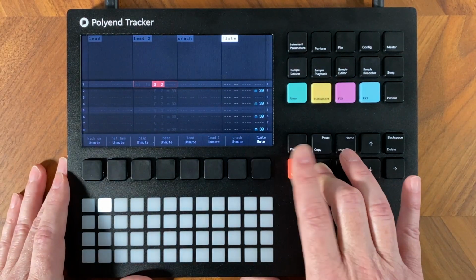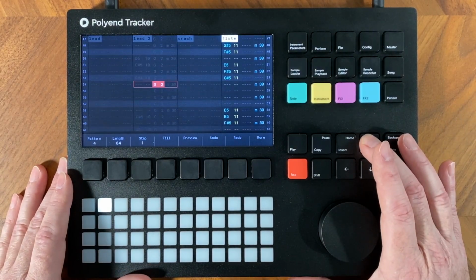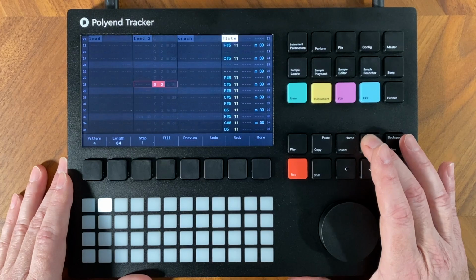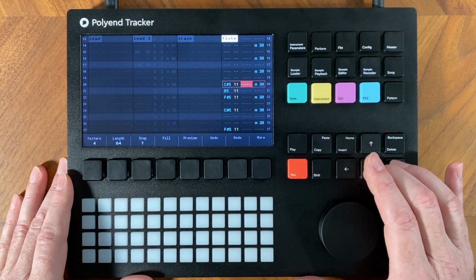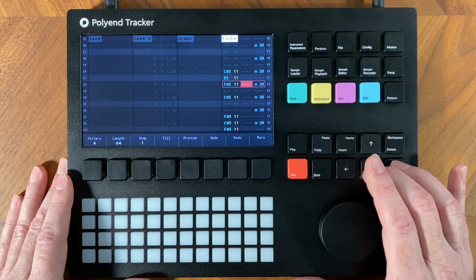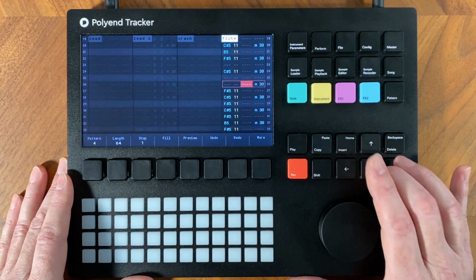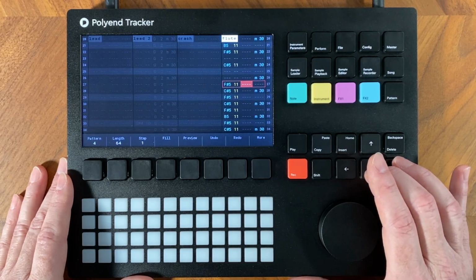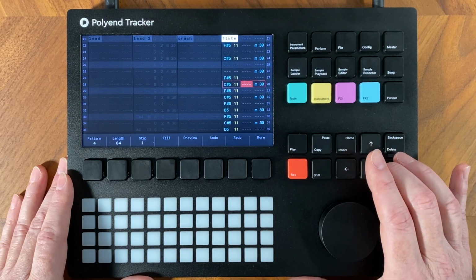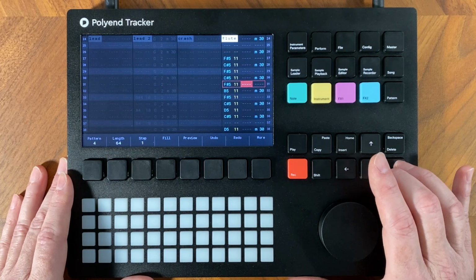And then we add the flute to this track. For the first time, we're hearing the flute in pattern 4. Step 20, C sharp 5, 21, B5, and F sharp 5 on step 22, C sharp 5 on step 24, F sharp 5 on 27, C sharp 5 on 28, F sharp 5, C sharp 5, F sharp 5, B5,